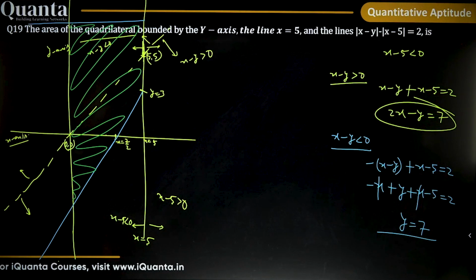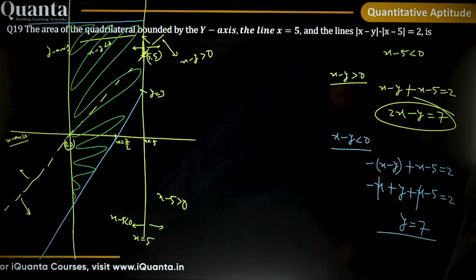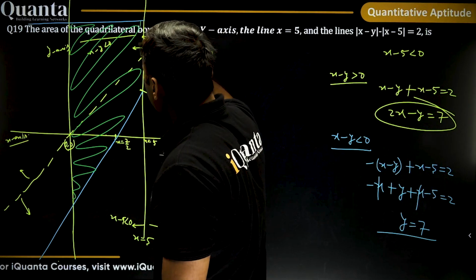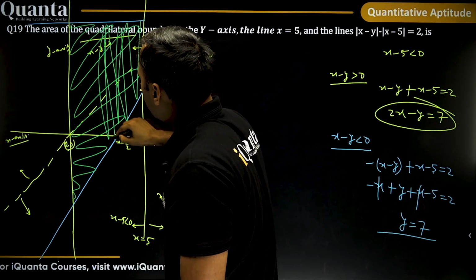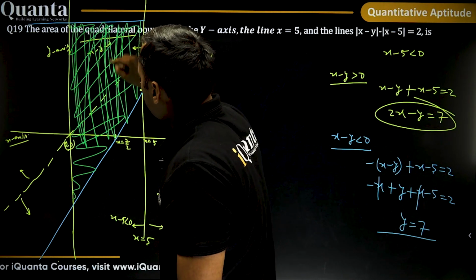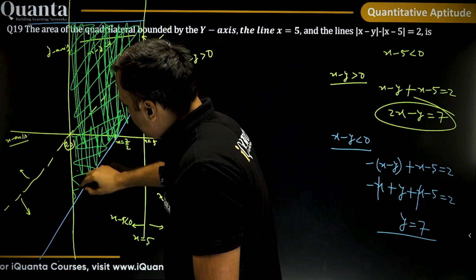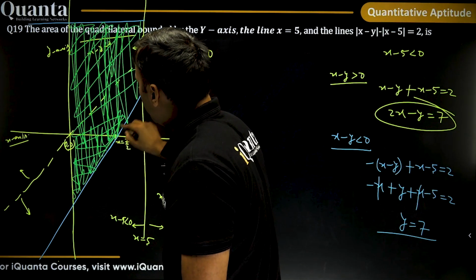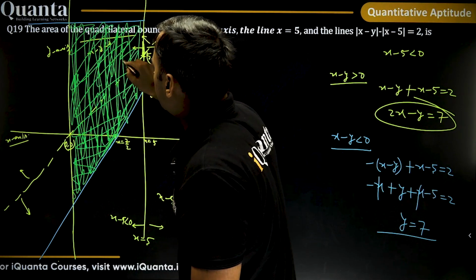Okay, let me just check if the screen is visible properly. I'll shade it again. This is the area that we are talking of. Please look at the marker, see where it is going. The upper line is y equal to 7, and the area remains in this portion. Those who understand graphs, for them this question should be